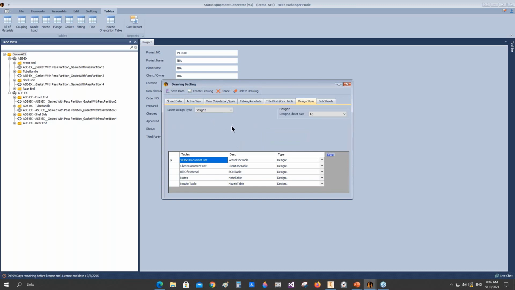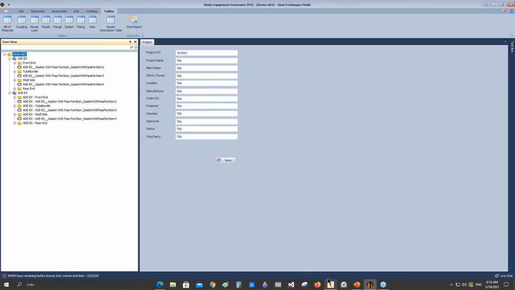But if we select design 2, in this case you have the ability to have two different sheets in your main drawing. We will make the second sheet with size A3, and you have the ability to move some tables and information to another sheet. In this case, we will move the bill of material to the second sheet, because it's a huge table and it would make noise on the general arrangement. So we will separate it in a separate sheet. Now, by clicking on Create Drawing, and if we come back here,